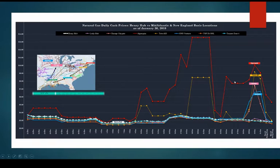And then you have over here in Chicago and Ventura, kind of in the Midwest, and those are locations that are more accessible from other parts of the country directly, right? So from kind of the Southeast producing regions. So while certainly the prices spiked up into the $6 and $7 range,